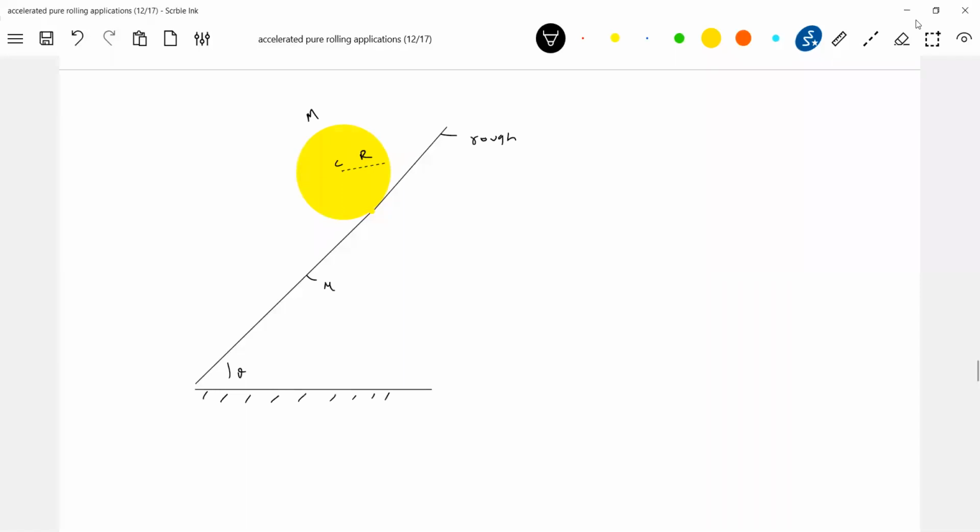So let me get into the problem. mg sine theta. Then how does the friction act, if no slipping occurs? Look at this point P, very important. Due to mg sine theta, the center of mass will try to accelerate down. Then for no slipping, R alpha C should be upward. Then no slipping will occur. So only friction can set up that particular torque. Then only the acceleration of point P will be 0